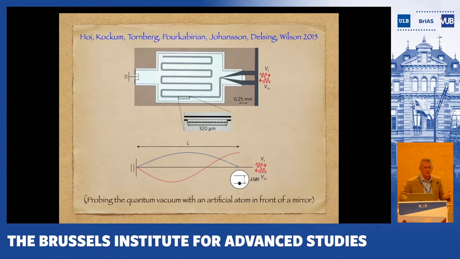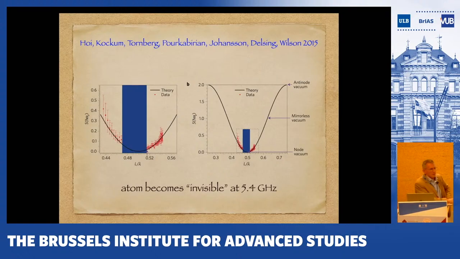And as I told you before, it can be trapped in different ways, depending on whether the wavelength resonates with the distance from the mirror or not. The title of the paper is interesting: probing the quantum vacuum with an artificial atom in front of a mirror. It's Nature Physics 2015. What I found very beautiful is that for some distances, when L over lambda becomes 1/2,